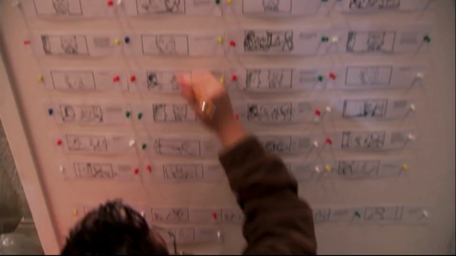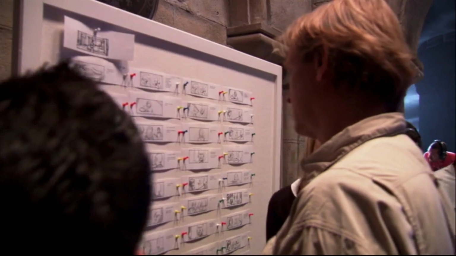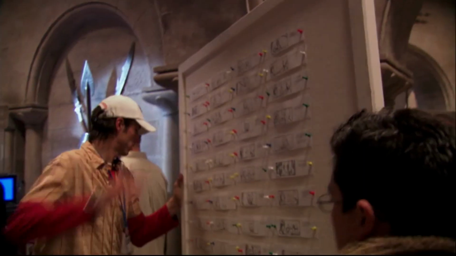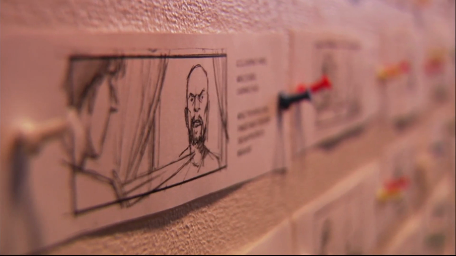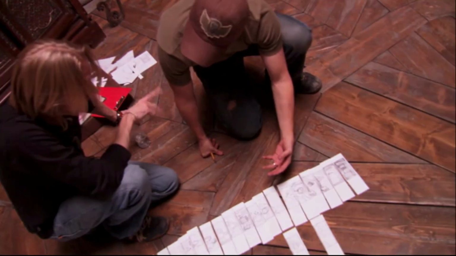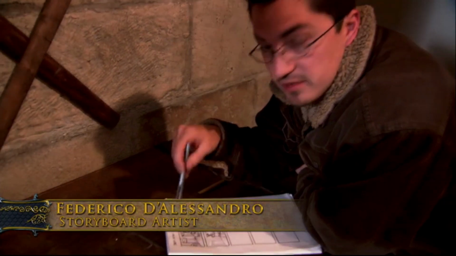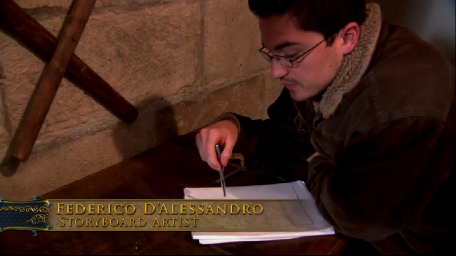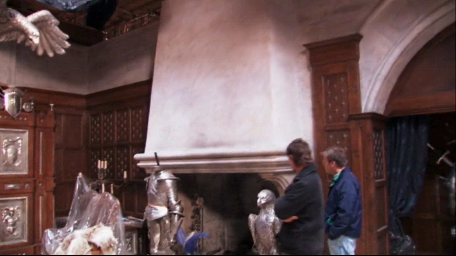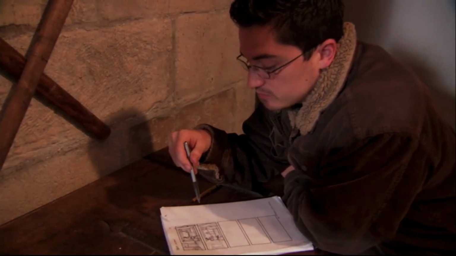Sometimes it's not really worth prevising a sequence because everything is pretty static, and the story can be told absolutely in storyboards. Sometimes storyboards are just faster. On the day, it's really going to be more about the actors and what's happening in that space that you don't need to overplan. Just had a little meeting with Andrew about it, just kind of talked about some ideas, so now I'm just kind of sketching it out visually. Just really fast, simple storyboards. Thinking of some different angles and stuff that they could use when they finally get around to shooting this.